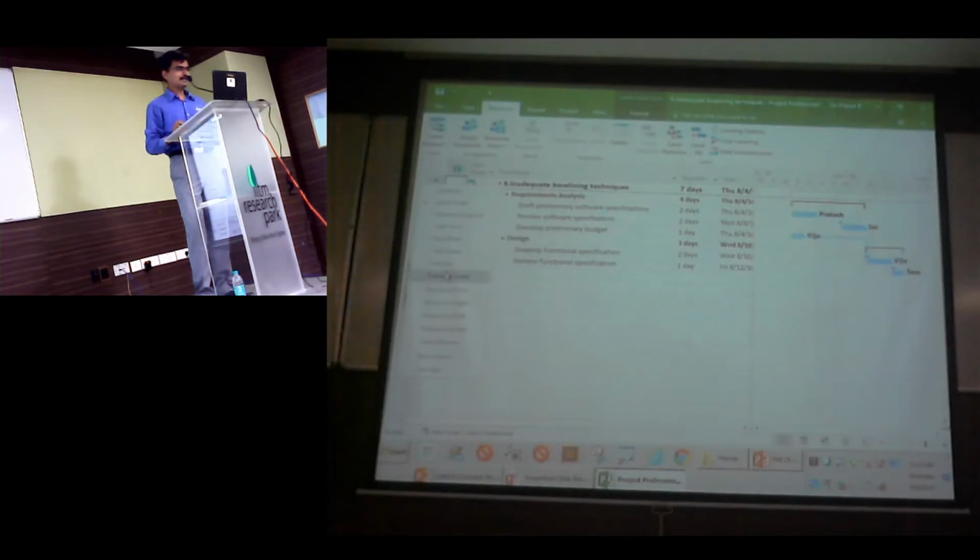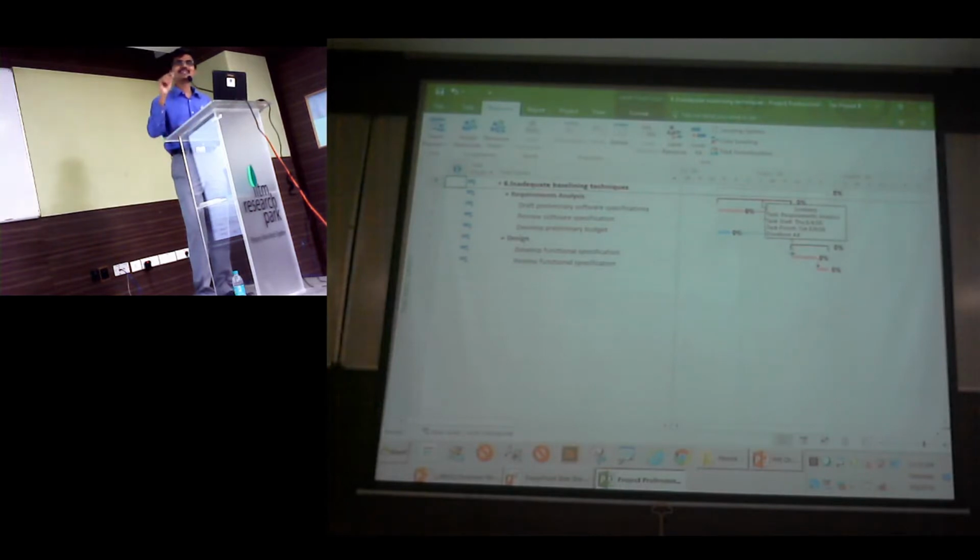The benefit of tracking Gantt is it is going to show you the critical path automatically. It will also tell you whether a plan has been baselined or not. Right now this plan is not baselined.